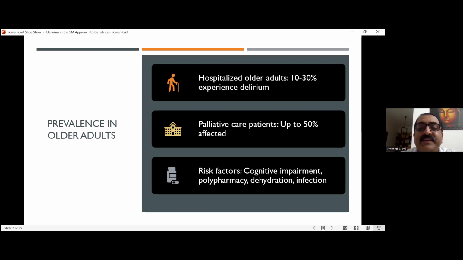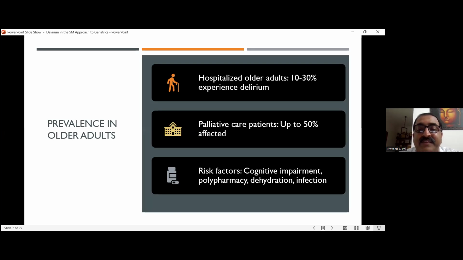And in hospitalized elders, the prevalence can be up to 1 in 3. Around 30% can experience delirium sometime or other. So in a hospitalized person, delirium is very common. And this 30% can go up to 40, 50 or 60% in ICUs, where the person is suddenly isolated with a lot of sounds around, an unfamiliar situation, and no access to sunlight.